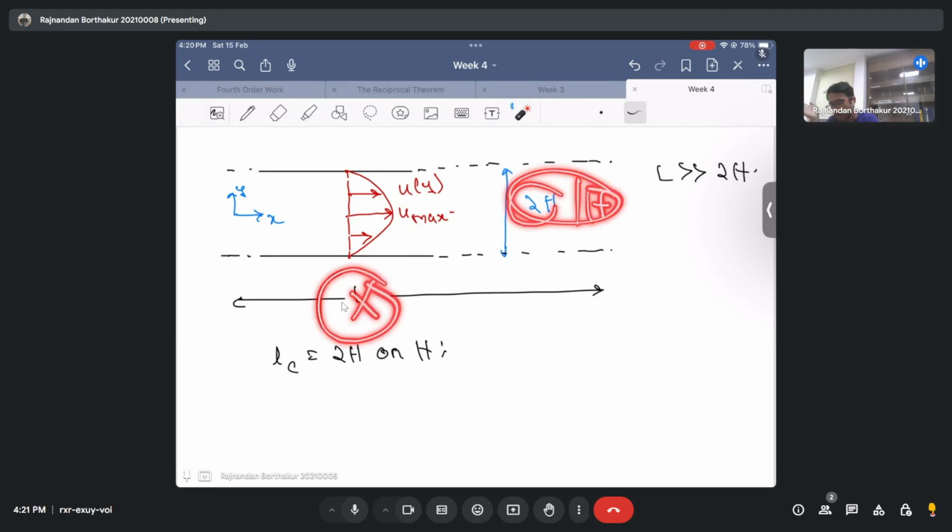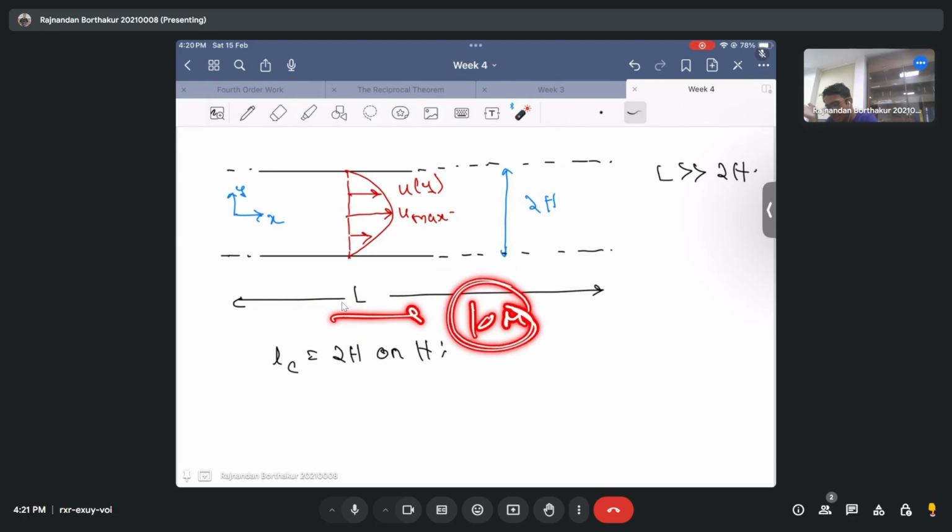So you can choose either twice h or h as your length scale, but you cannot choose the length, because if this is, let's say, 10 meters, then the characteristic scale, the ballpark figure, also varies. Okay. So I hope this is clear. So we'll choose LC as twice h or h, and we are choosing this because the rule of thumb says that choose the length scale